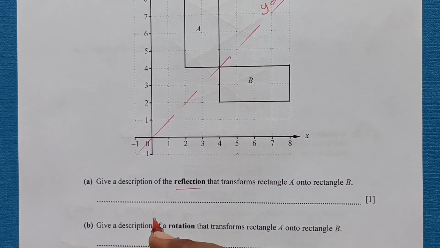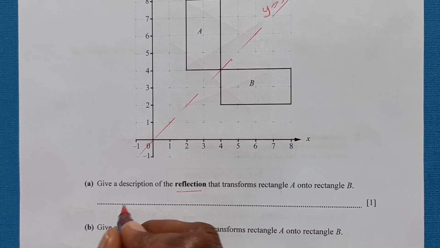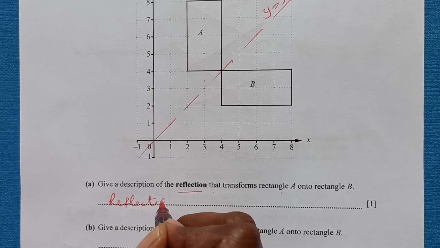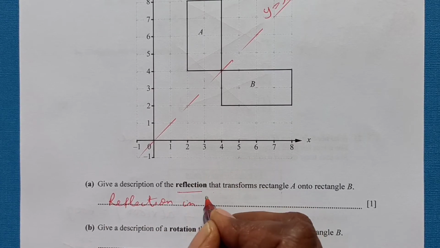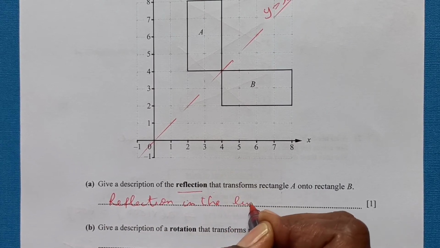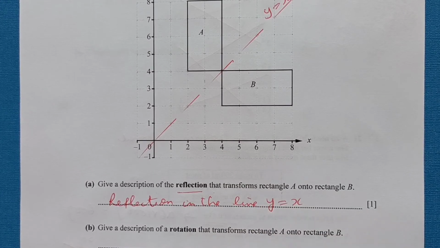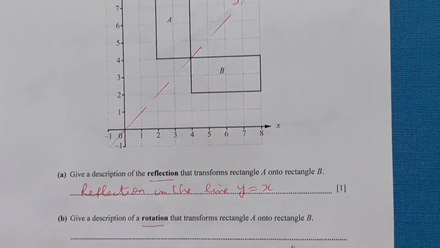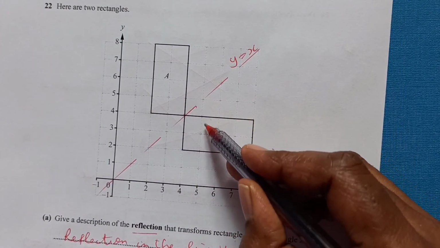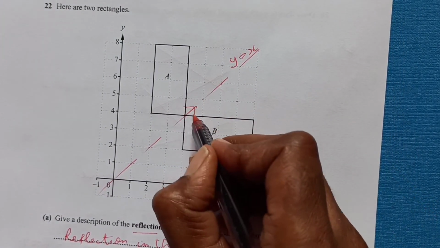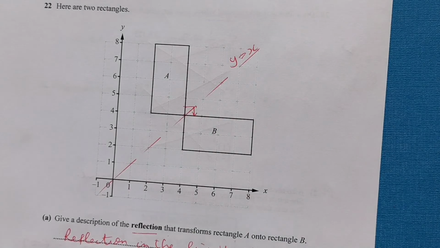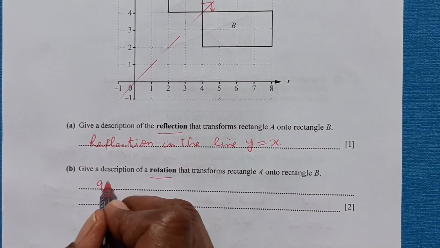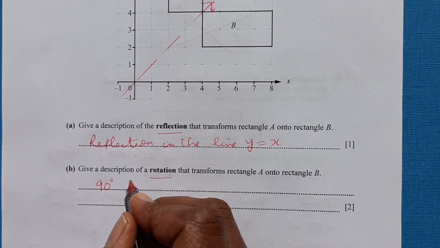So we can say this is reflection in the line y equals x, right? Now give the description of rotation from A to B. You can see this is rotated from here to here, this is 90 degrees and it is clockwise. So it's very simple. So we can write down it is 90 degrees clockwise